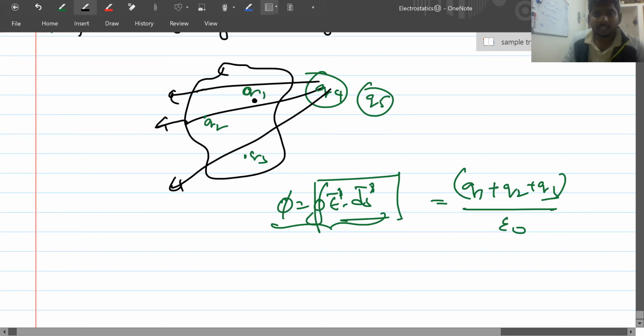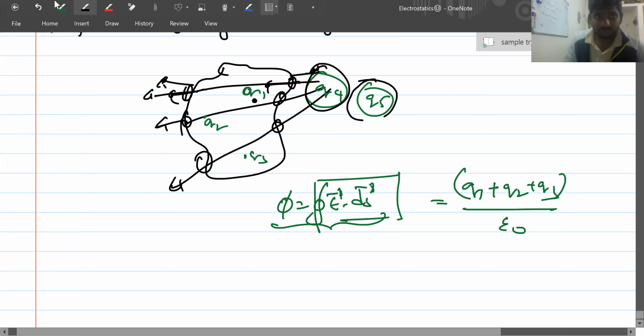You see here, these three lines are entering the surface and these three lines are leaving the surface. So if they make E dot ds, as the electric field is like this and ds will be like this, it is negative. Here the electric field will be like this and ds will be like this, positive. So this will give you negative flux and this will give you positive flux. Net flux will be 0 due to Q4 charge, and similarly net flux will be 0 due to Q5 charge.